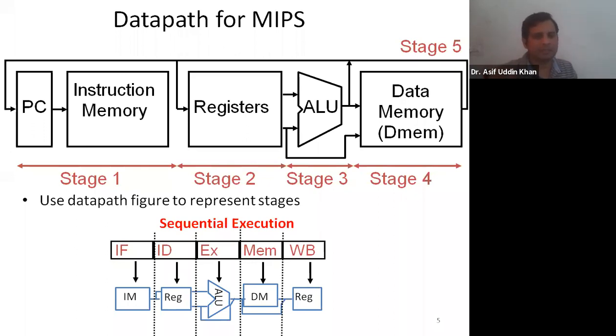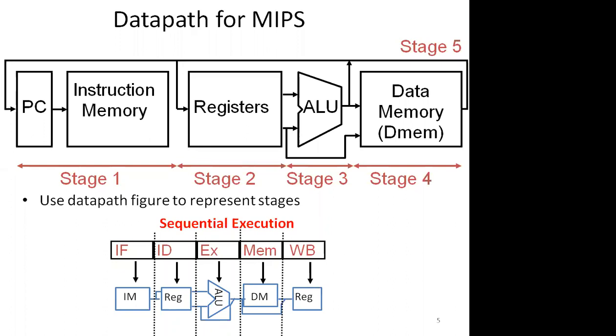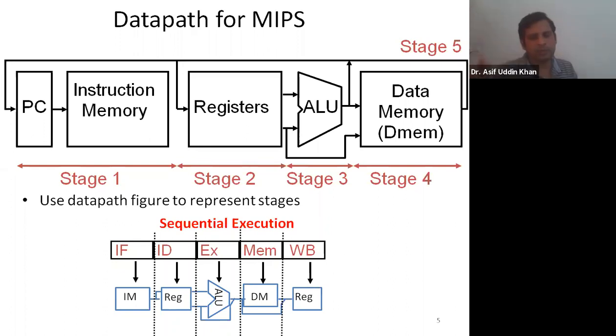That is done in this stage. And if the instruction is an arithmetic instruction, and in that arithmetic instruction, the destination is a register, then also you have to write the data into that register. So that is also done in this WB stage. So this also takes one clock cycle. So all these stages take one clock cycle. Is that clear? Yes, sir.